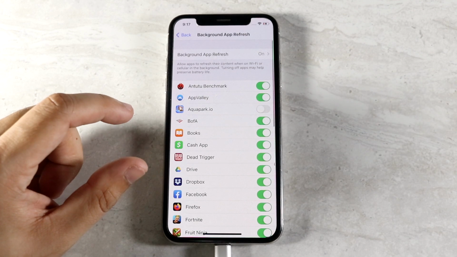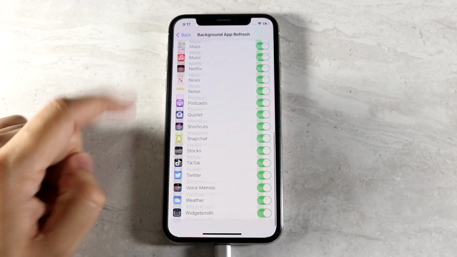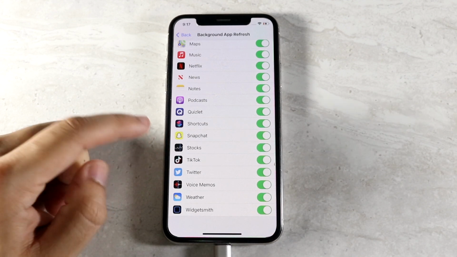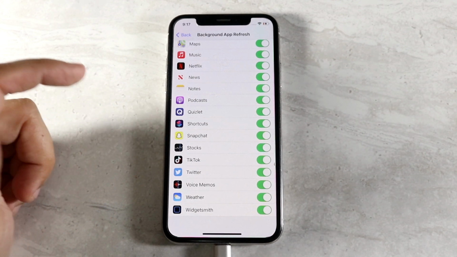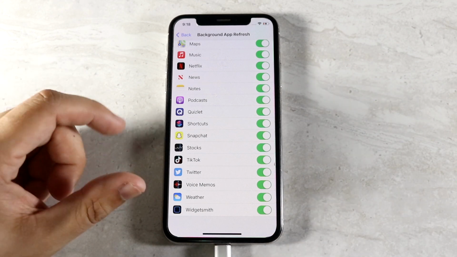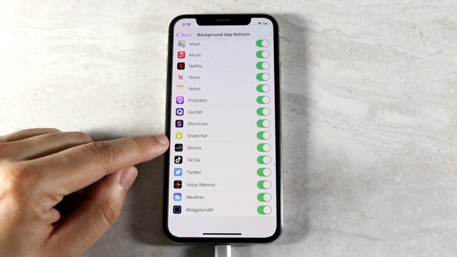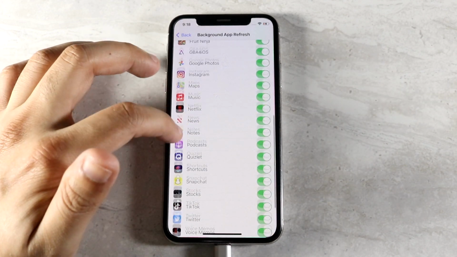Now I'll give you an example of an app not to turn off. In this case, if this was my personal phone, I would not turn off Snapchat because I want to get those Snapchat notifications if someone Snapchats me or whatever. I want to be notified of it. So in this case, you want to enable and keep Snapchat on, but apps like Netflix,